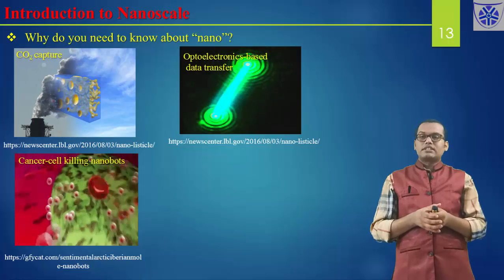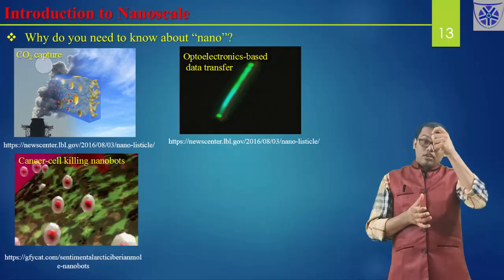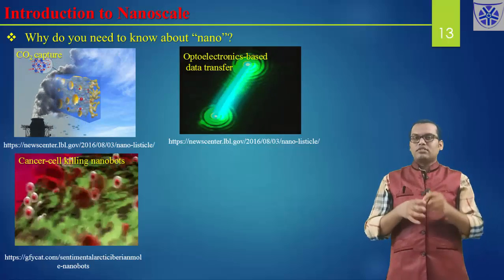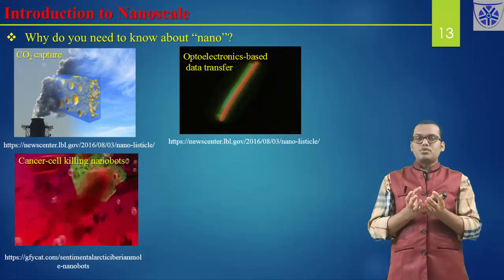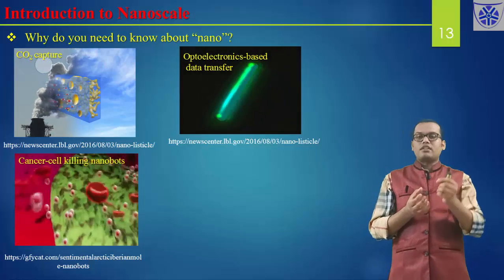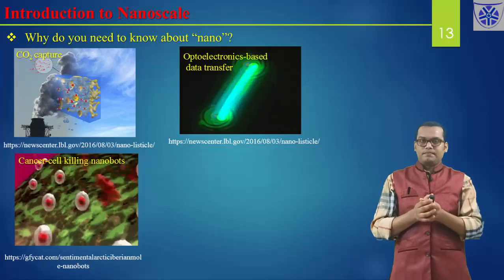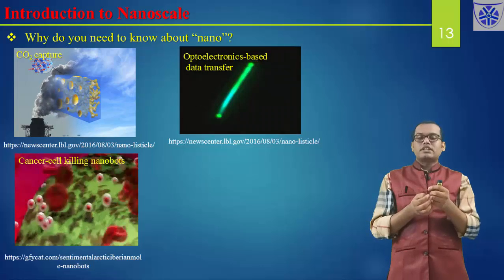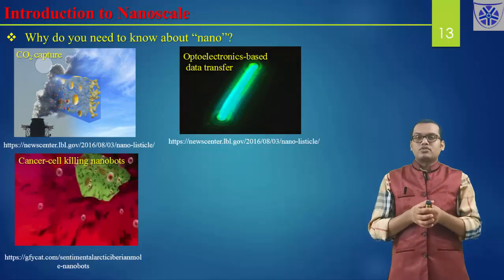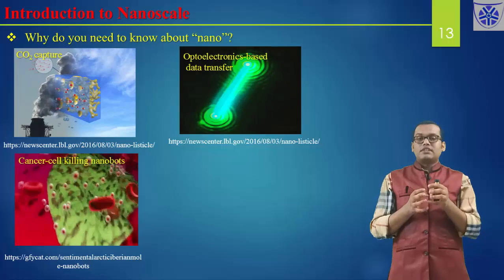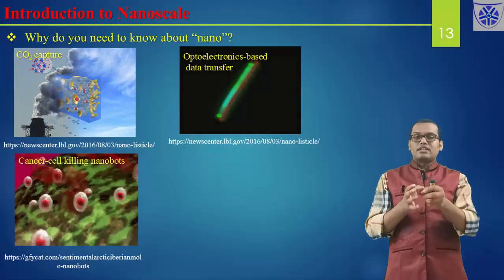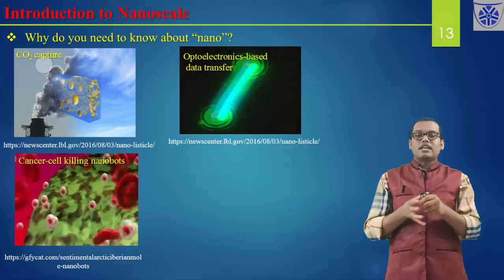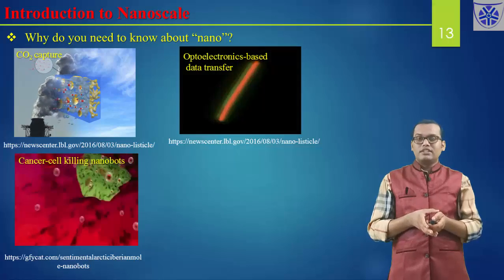Another is cancer cell killing nanobots. What we do here is we use some kind of nanomaterials, and on the surface we put some sensor and also some drug particles, so drug nanoparticles on that, or the drug molecule on the nanoparticle surface, and we also put a sensor. Then we inject that or put it inside the body. What it does is it selectively finds the cancer cells, senses them, and releases the drug molecule to kill those cancer cells. It's a huge application, right?